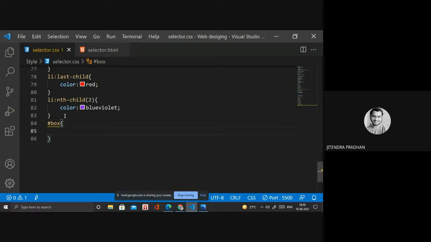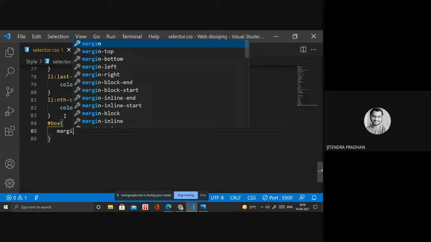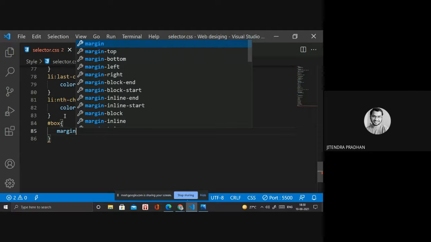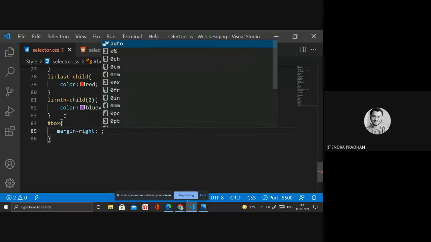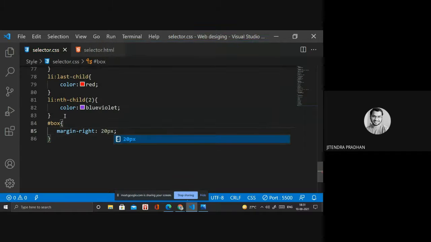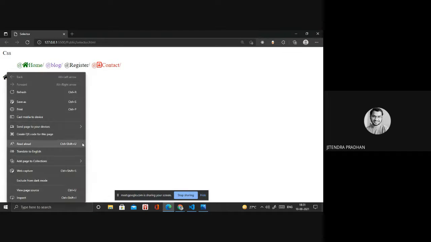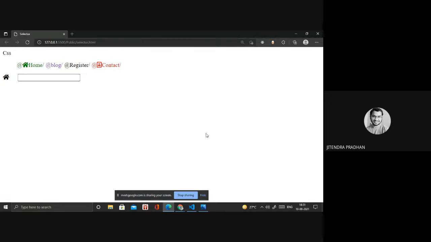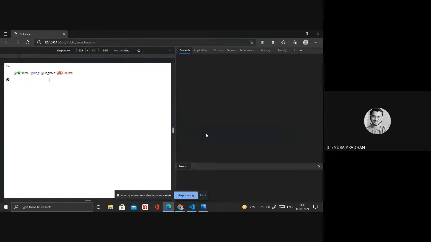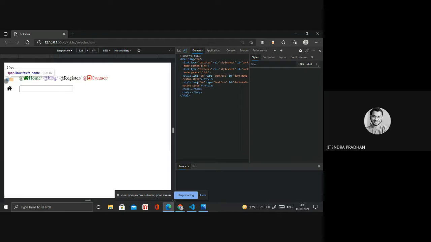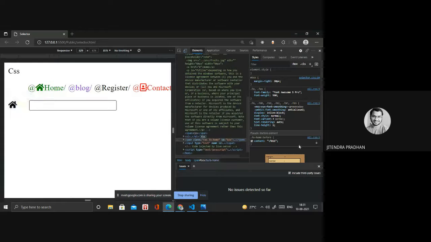Okay, and we are using margin right 20 pixel. Let's see where that particular icon comes. Okay, wait, what happened? I will show you. You need to define a particular position. I will show you at first. Yeah, in that, right.